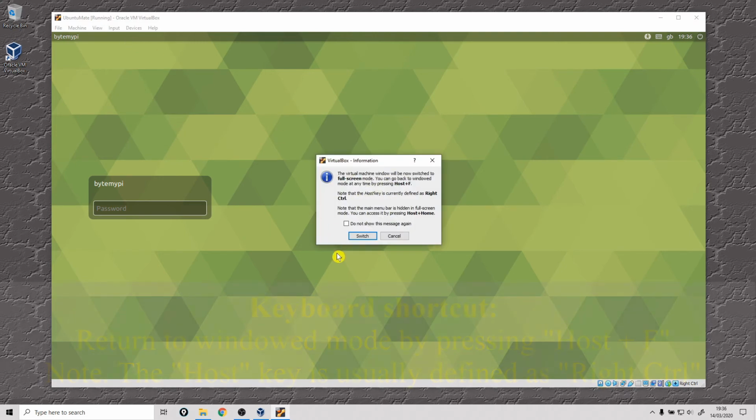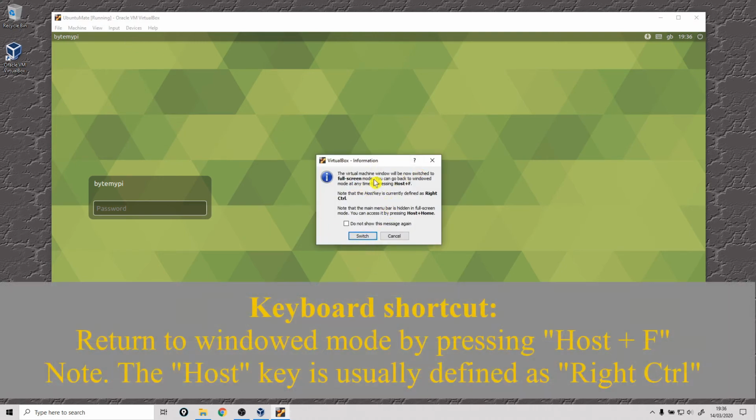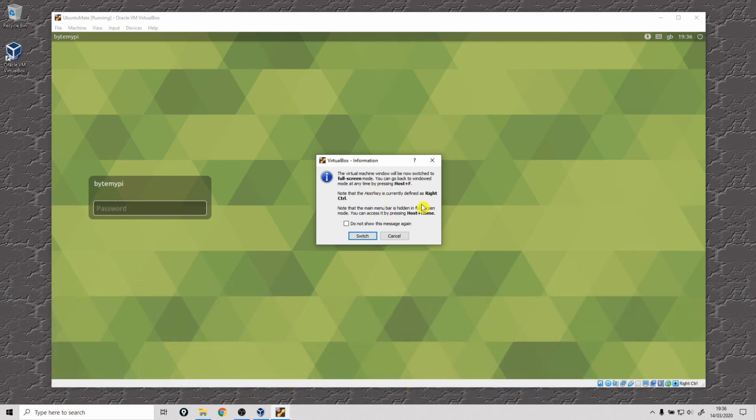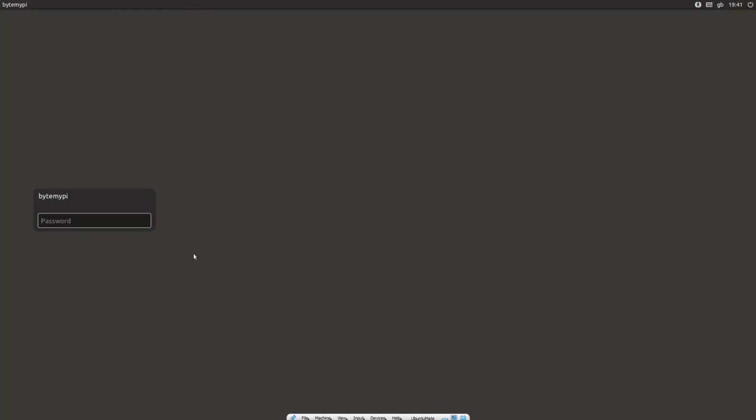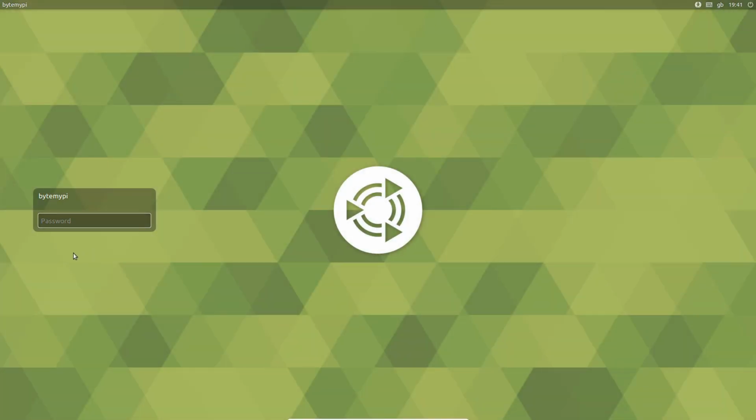So if we select that, it's telling us here how to get out of it. There are keyboard shortcuts, but there's another way I'll show you in a moment as we do it. So if we click switch, at the logon screen in full screen, if I type in my password now, we can actually log into the virtual machine in full screen, and it effectively behaves as if we're in